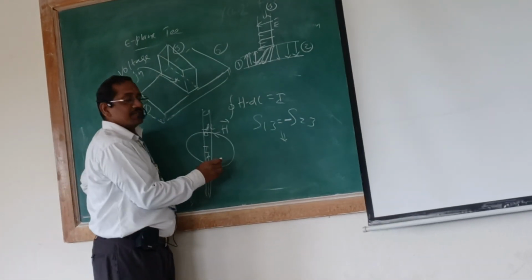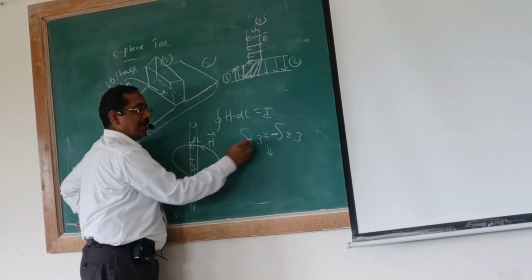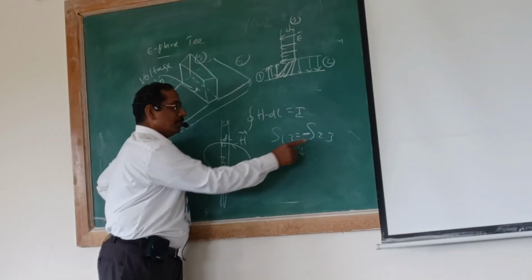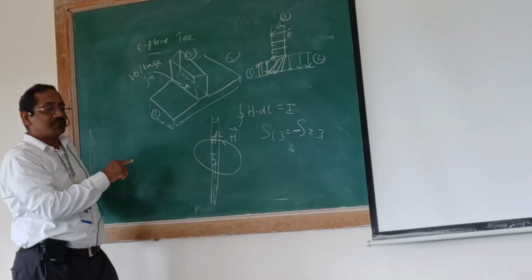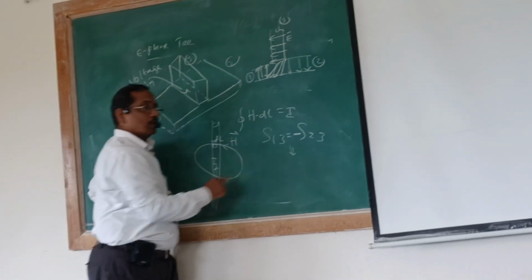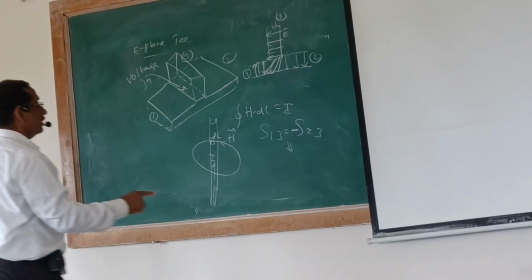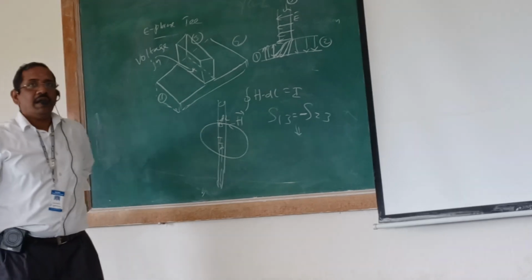Produce output which is going to be of same value but with opposite phase. In the case of H plane T, it is going to produce output from the collinear ports whose amplitude is going to be same and phase is also going to be same. Okay. So this is the basic difference between the E plane T and H plane T.